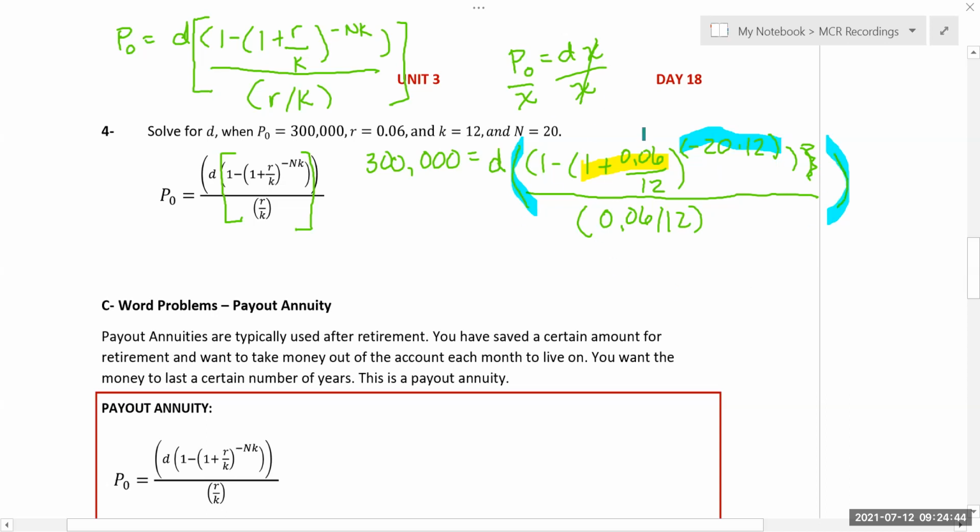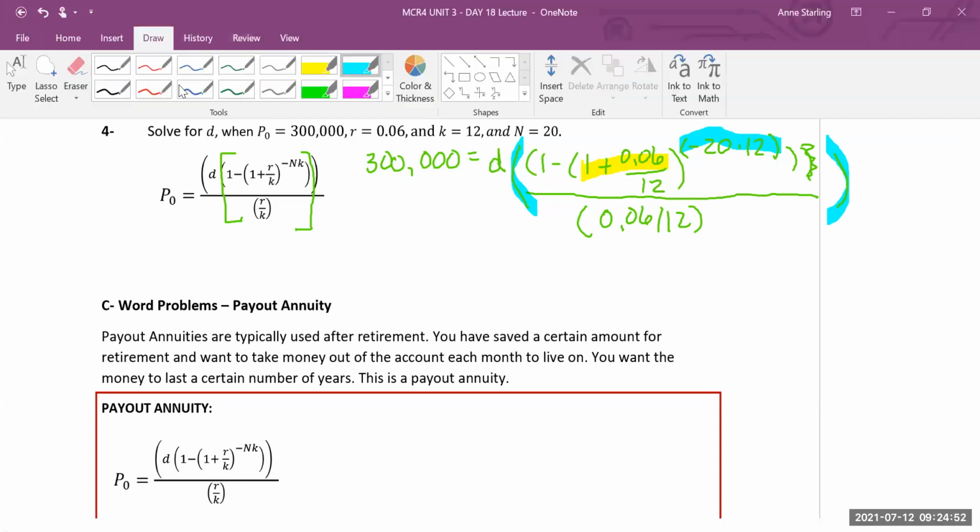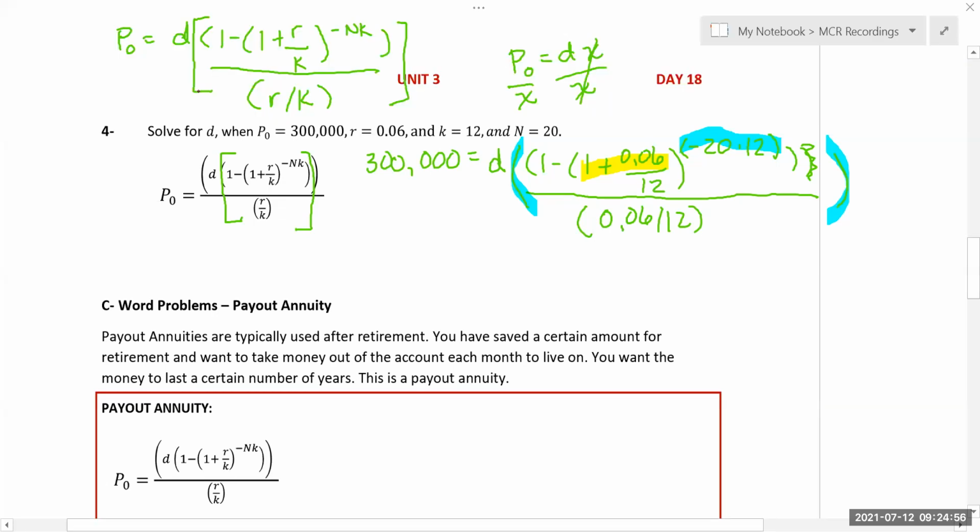So get this one number, and you can do it if you want to do it all at once. Just have all the parentheses there. Don't worry about the outer parentheses. And what you should get if you're doing that right, and if you're not there yet, pause me and see what you get. You should get 300,000 equals D, and this whole piece should turn into